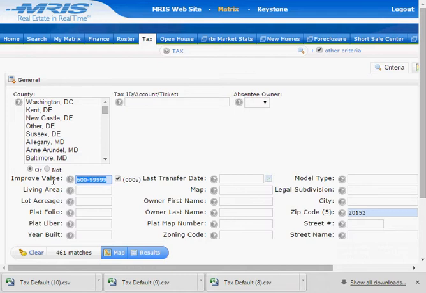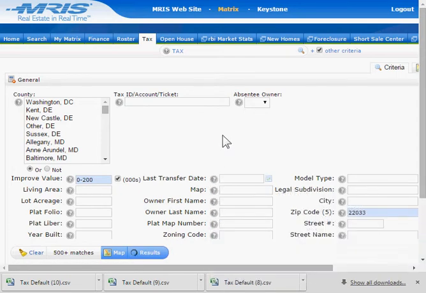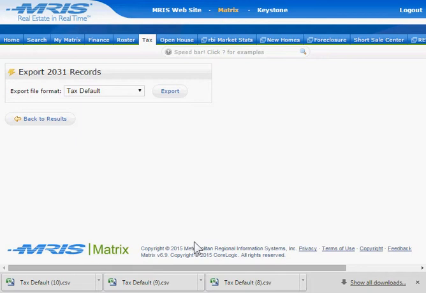So then we come back over here. We'll change this back from the higher numbers back down to 0 to 200. We'll put the next zip code, 22033. We'll get the results. If you mouse over a question mark, it's going to show you little dialog boxes. So then we click on export,